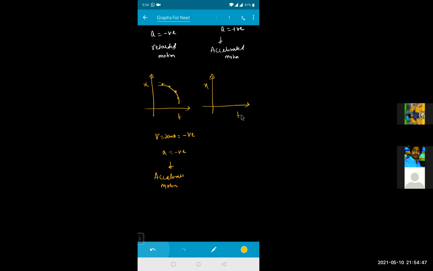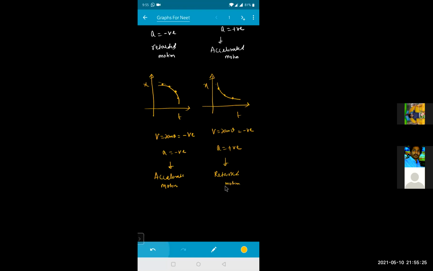This is your acceleration versus time graph, and the graph is something like this. So V is equal to what, beta? The slope of your x versus t graph will always give me velocity, and that one will be negative. Why? If I take point P, point Q, point R, and draw tangents for that, what is happening to the tangent value? The theta value is decreasing. So acceleration will become positive. So the particle is moving with negative velocity but positive acceleration. That means what type of motion is it, beta? Retarded motion. So this will be your retarded motion.